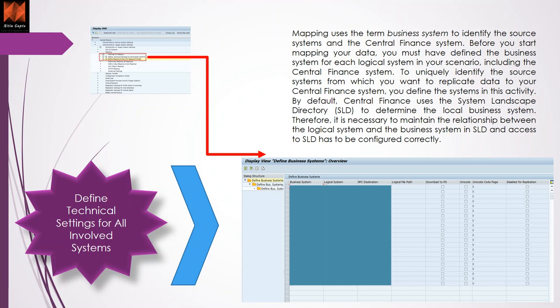It's like company A and company B, two separate companies. If those ERPs are in SLD, then of course you can operate those systems together, combine them, and run interfaces. So SLD is very important. Here we say business system, logical system, RFC destination, and this is what is defined here. In this table we define all business systems, all logical systems, and whatever RFC connections we have built from source to target, target to source, including SLT; all those connections are defined here.